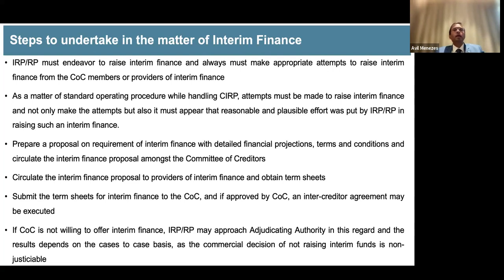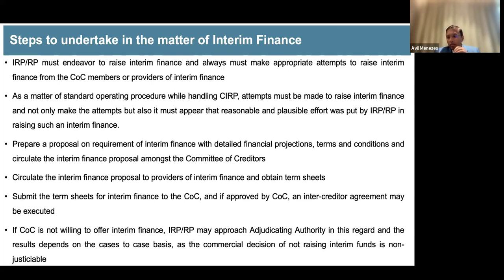So essentially, you will have to make the projections, and mind you, getting an interim finance approval from the COC is very, very difficult, because the COC is one of the best institutions to analyze financials, projections, etc. So you have to be very diligent, very careful when you make those sales forecast, cost of production, the timings of payments, because ultimately whatever is the cash flow shortfall, that would be the amount that the COC is going to fund.